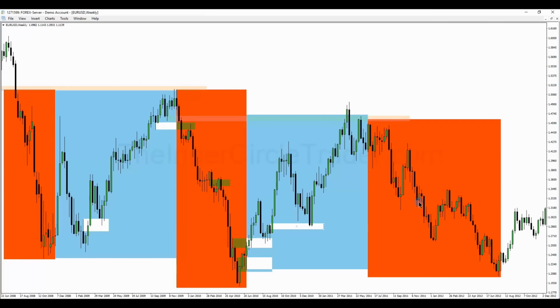Price retrades lower. Reaches for the liquidity below here, below the bodies of the candles over here, by reaching down. And then ultimately reaches below these lows and back down into the bullish order block right over here, which is what we're seeing here. So if you start with your monthly and you break down into the weekly chart,